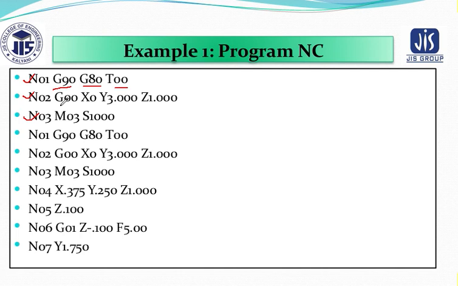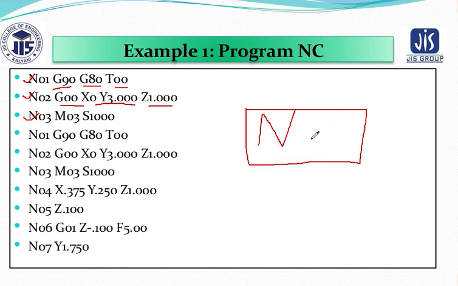Okay, now we are going for G00. G00 means from origin position it is being brought to a certain position where machining is not performed. That is point to point positioning mode of control. Basically it is also known as rapid traverse. After that you have given the x value, y value, and for Z you have given the depth of cut as 1 millimeter. That means over the block you are writing, the depth of penetration of the cutting tool will be only 1 millimeter.